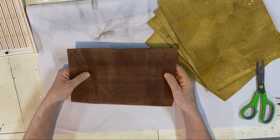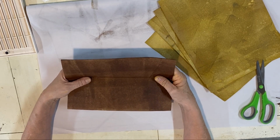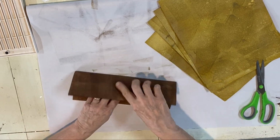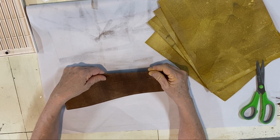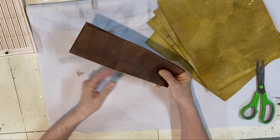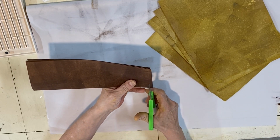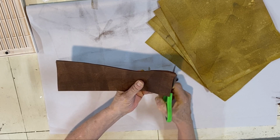So after you've inked all your papers, I'm taking all 3 of my brown pieces and putting them together. You can do them singly. I'm folding them in half, so now they are 11 by 3.5. And what you're gonna wanna do is do fringe cuts. And I have the fold section facing towards me, and I am just going to do small slices, and I'm gonna go to about 1/2 inch